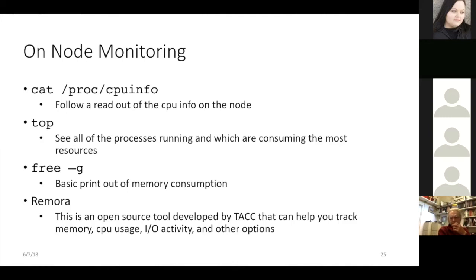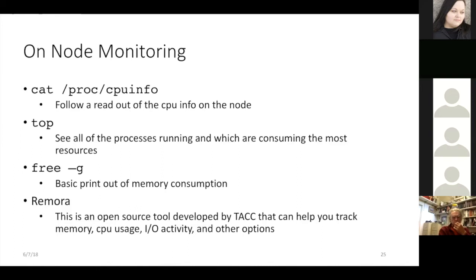If you SSH to a node that is actively running one of your jobs, you can then use some on-node monitoring commands. So this first command, cat /proc/cpuinfo, will tell you all of the hardware information about the node. So it'll tell you what's being used and what exists on the hardware.